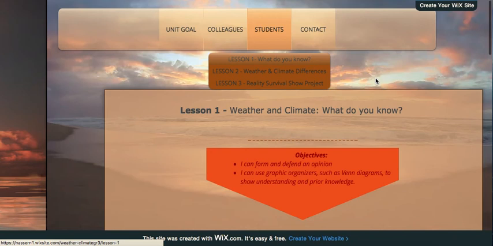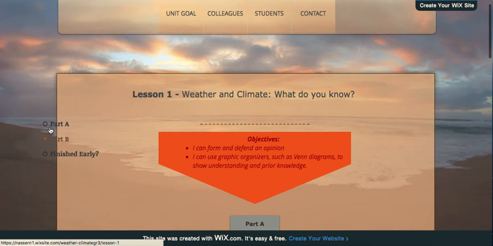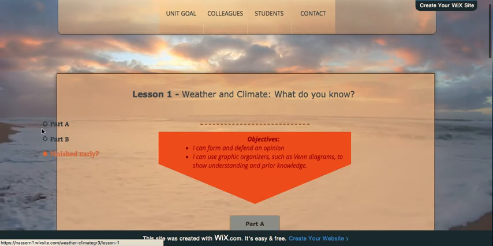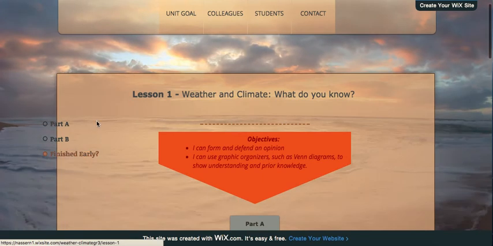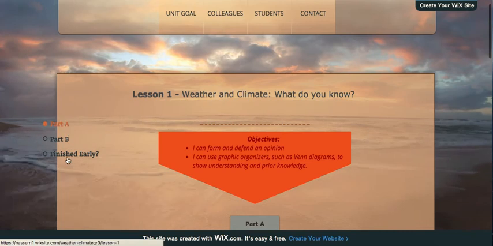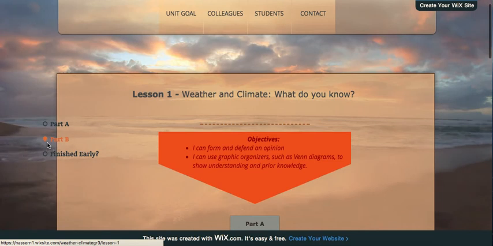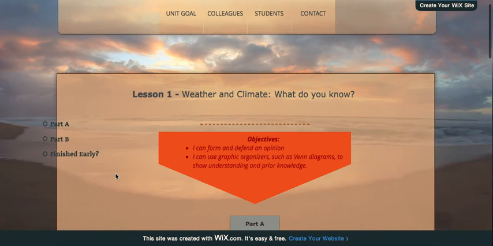But then lesson 1 opens, and one thing that I noticed right away was that these check marks here, or where you can click to go to each part, they're really halfway into the background and halfway into the centerpiece. And I feel like it's really hard. It's almost easy to miss because it blends in with that background really closely. So maybe push that over and have it right inside this tan box,